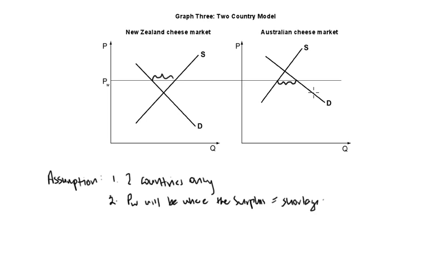Now you're asked to consider what will happen when there's a shift in demand. Let's show a shift in demand, so let's move demand out there. It could be for any reason. By now you should know the variety of reasons why demand will change. But in this case, what we know is that at the current world price, the shortage in Australia is going to get worse, because now the gap is widened to there. That's pretty important. That's the driver behind the increasing prices.